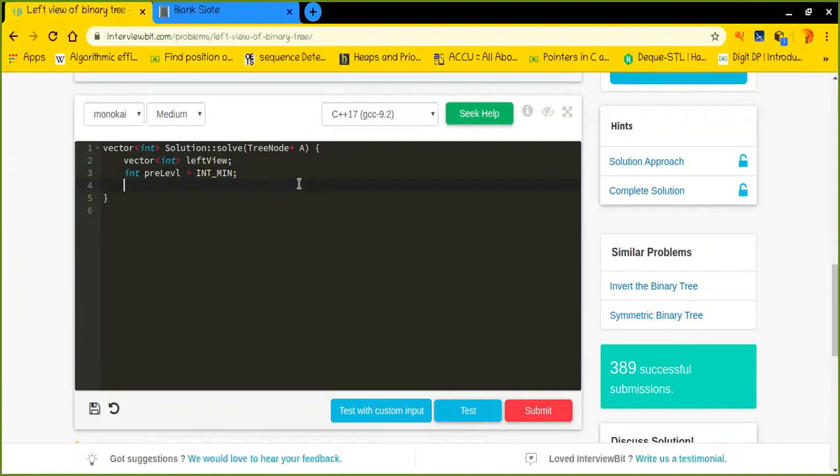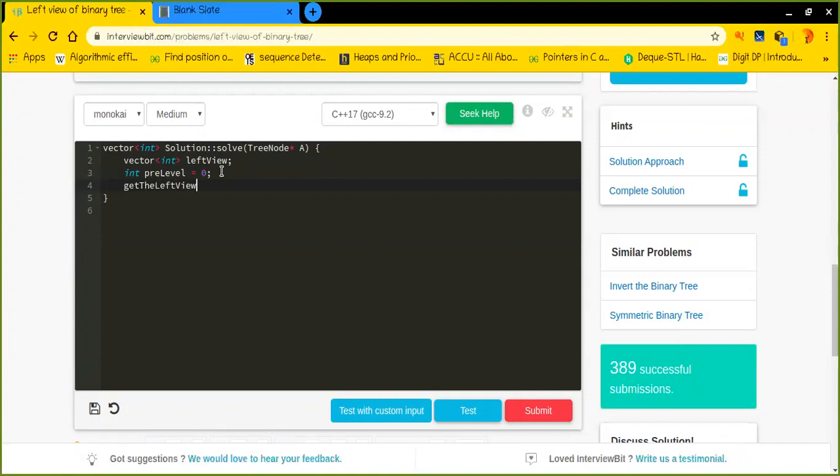Or we can say 0 as well, because the previous level was nothing. Now we will simply call a function. What the function would be, let's say get the left view.